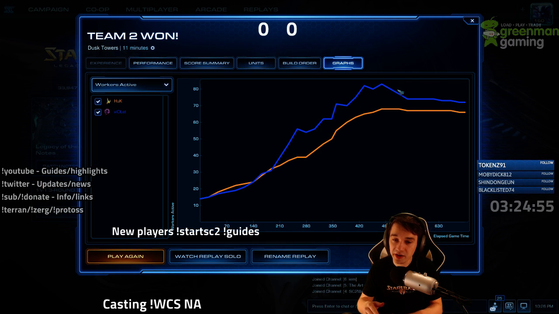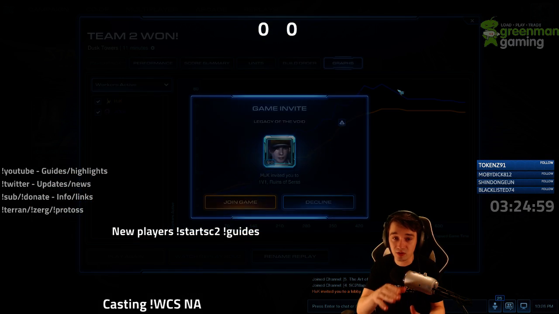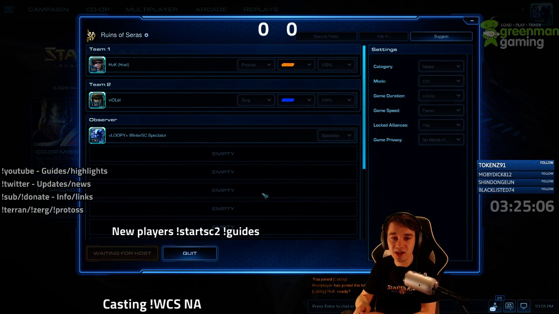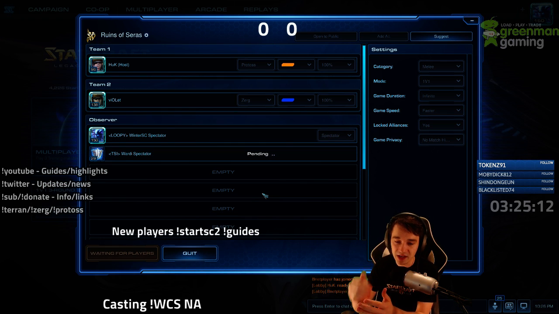HuK went for a little bit of early aggression instead of taking a third base. He was a little bit behind in the economy. And Violet, with those Zerglings, was really able to drive the point home. Having those Zerglings with their upgrades means he has the ability to defend and counterattack very quickly. If he just goes for Roach Hydra, whenever you go somewhere, it's a big commitment. So